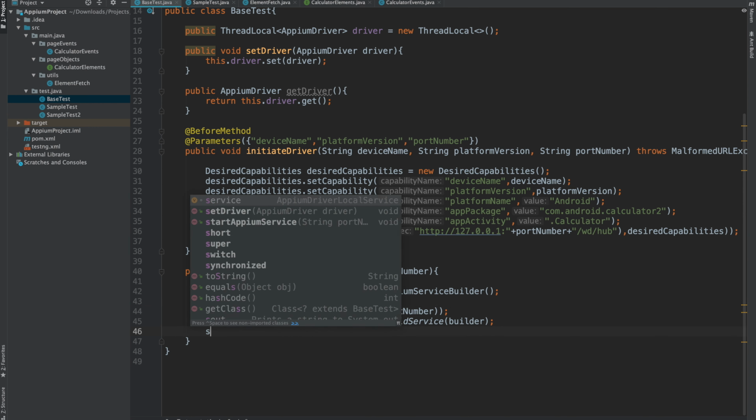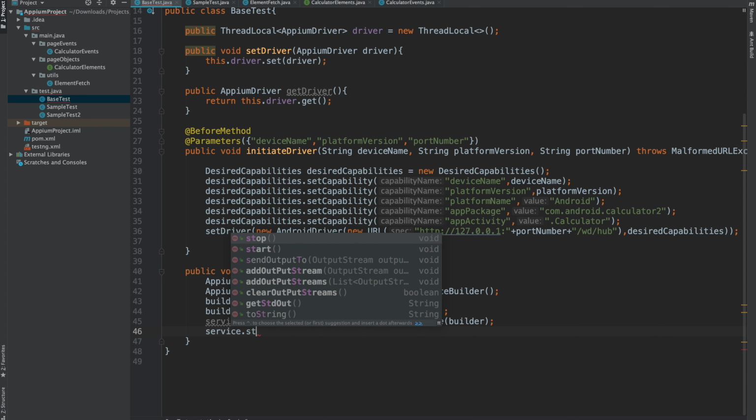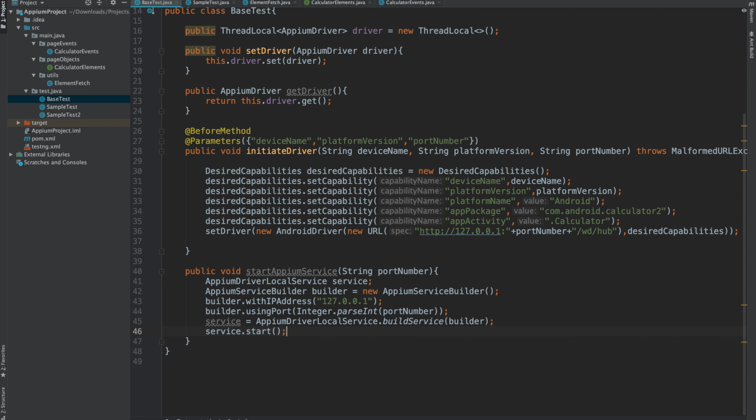And then we just need to start the service, for which we will be using service.start. And we can put a logger here as well, that the service has been started with port number this. And now our method is ready to start the Appium service.